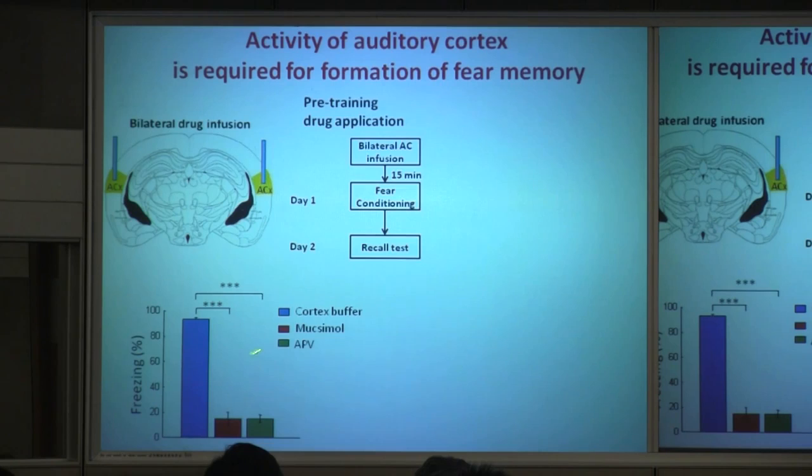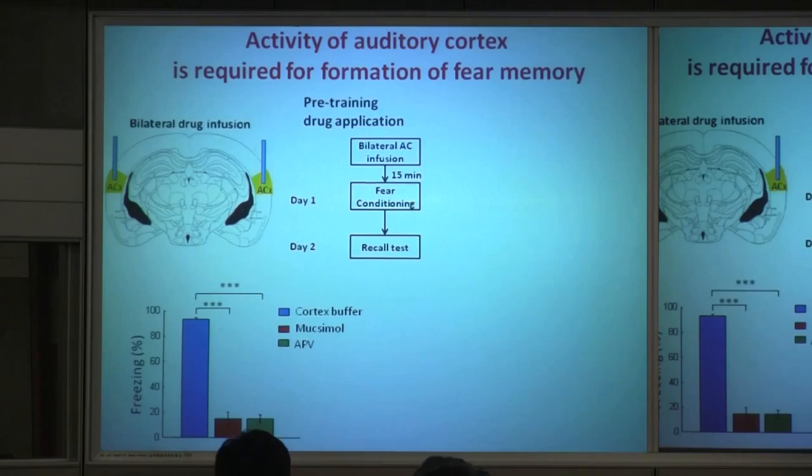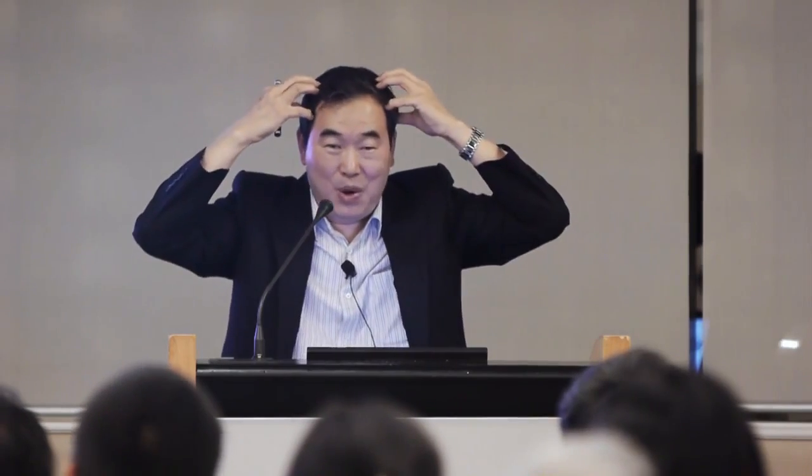The other drug we put in is the APV. It's a drug that blocks the plasticity, that blocks the change of the synaptic strength induced by activity. So it's LTP basically. If we block the LTP in these two regions, we also wipe out the learning. So this was done before the conditioning. You might say, well, if there's no sound activity in the cortex, of course they couldn't learn.